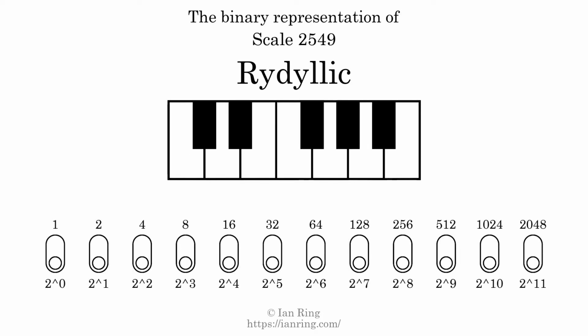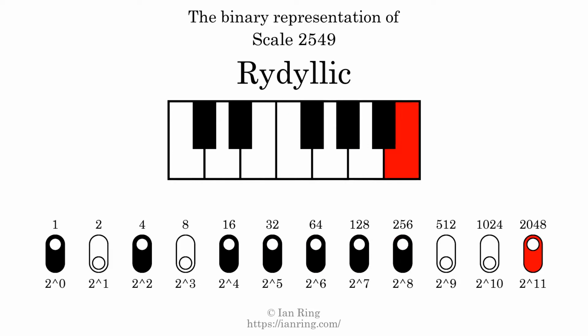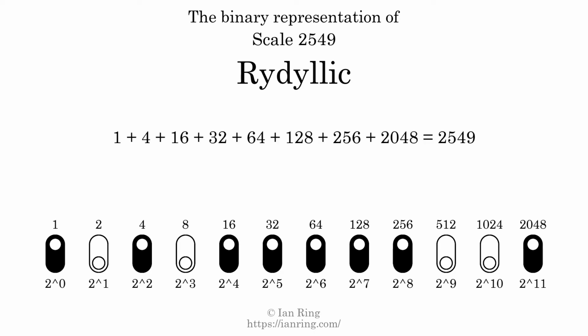The binary representation of this scale is determined by mapping tones of the scale to binary digits. Each binary digit represents a power of 2. To get the scale number, we add the powers of 2 together. The powers of 2 that are present in the scale, all added together, equals 2549. That is why the scale number, in decimal, is